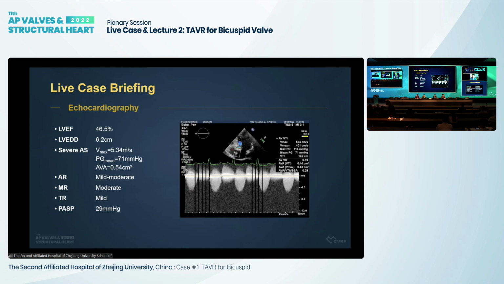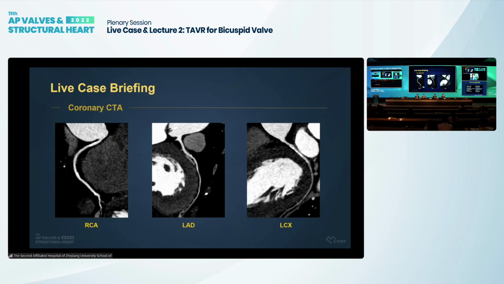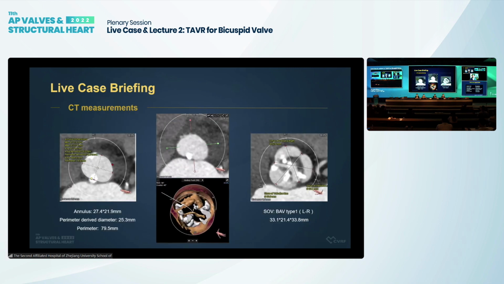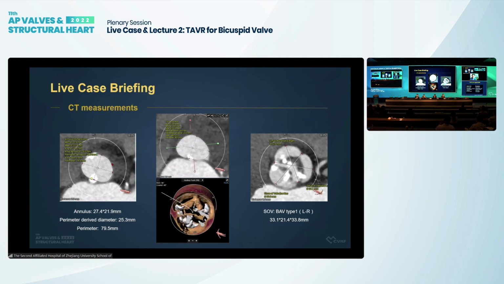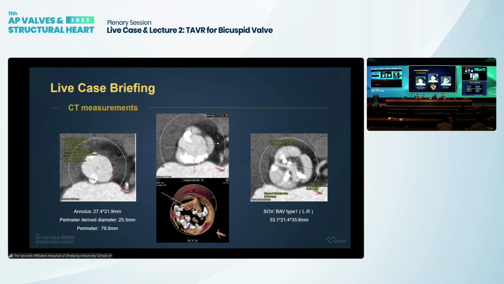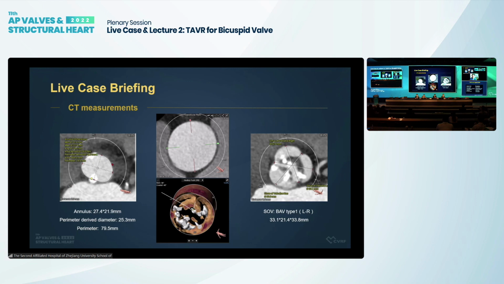Next one. Then we checked the CT scan for the patient. The coronary looks good right here. From the CT, we can see the aortic root. The perimeter of the aortic annulus is about 80 millimeters, and the perimeter-derived diameter is 25.3 millimeters. We can see very severe calcification and a type 1 bicuspid aortic valve,